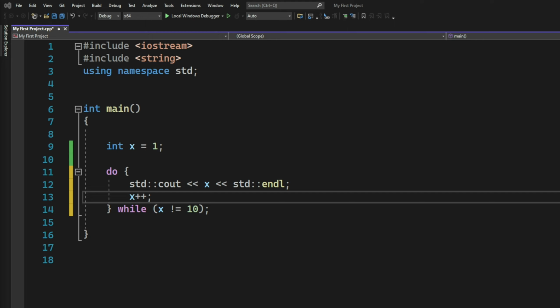In this example, I have a do while loop that will run as long as x does not equal 10. Just like the while loop, in order for the do while loop to not be an infinite loop, I have stated that the x variable will increase its value by 1 every time the do while loop runs. As a result, the do while loop will also run 9 times. When we run the program,